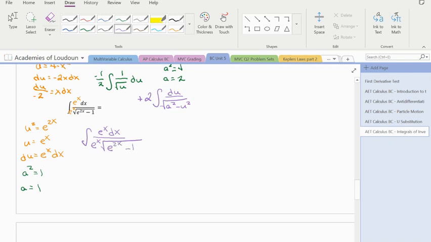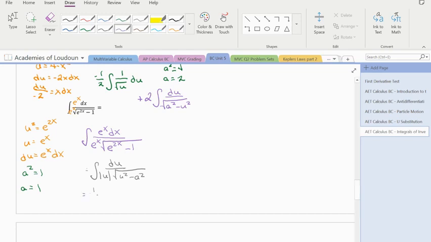And now we have forced this into the inverse secant form of du over the absolute value of u, and we don't need the absolute value because e to the x is always positive, times the square root of u squared minus a squared,